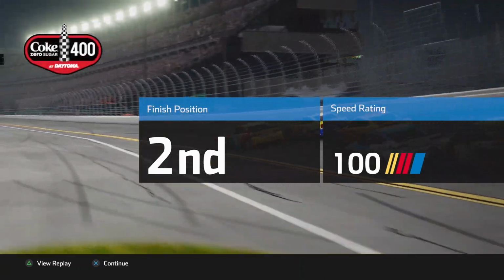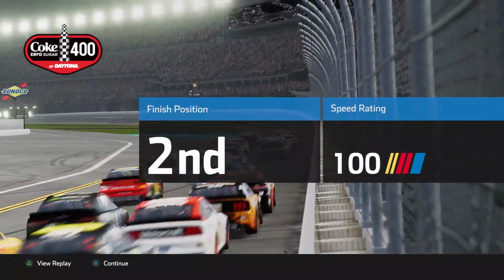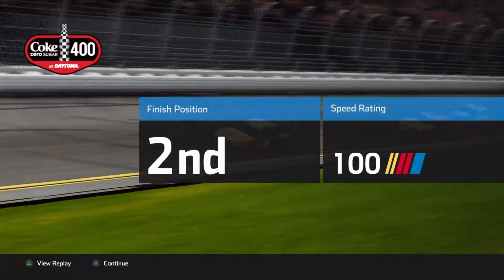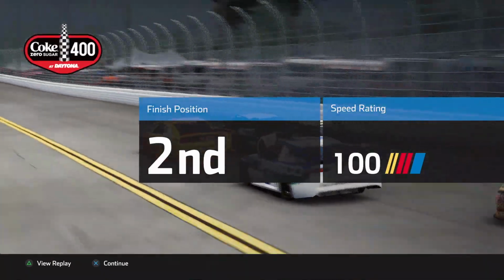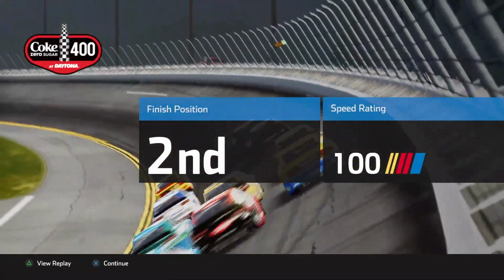We weren't able to go for a win here at Daytona. Things just didn't work out. We kind of just got shuffled back there towards the last lap, and we were stuck on the outside. If we were on the inside, I think we could have made a move work, but we were just stuck behind Chase Elliott, which is fine. Push him to the lead, push him to the win. We drafted really well with Chase in this race, so